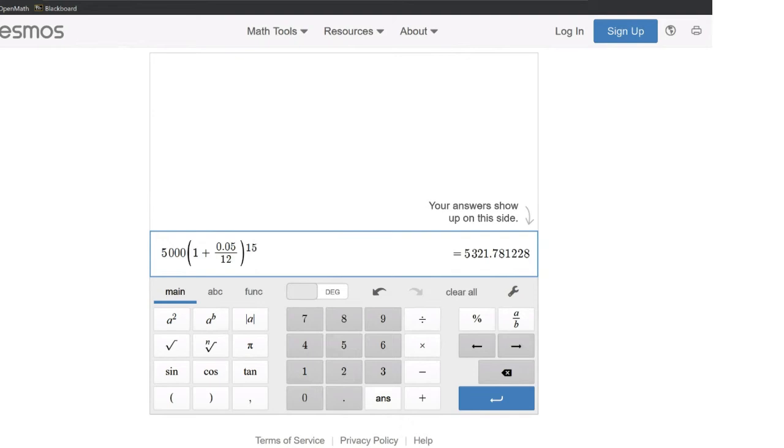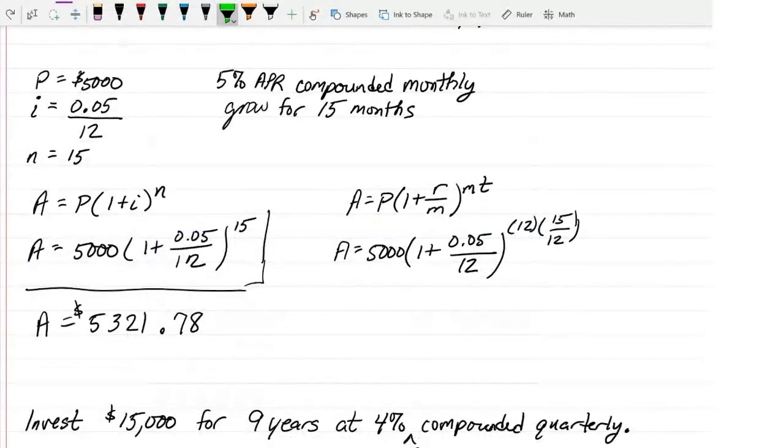5,321.781228. Okay? Since we're talking about money, our money is rounded to 2 decimal places. So I made that $5,321.78, which is what you see right here on my page. It works out really well. I'm going to encourage you to use Desmos or an equivalent scientific calculator for all of these problems on test 1. Super helpful. Okay. On the right side over here, I did the same thing again with the fraction version